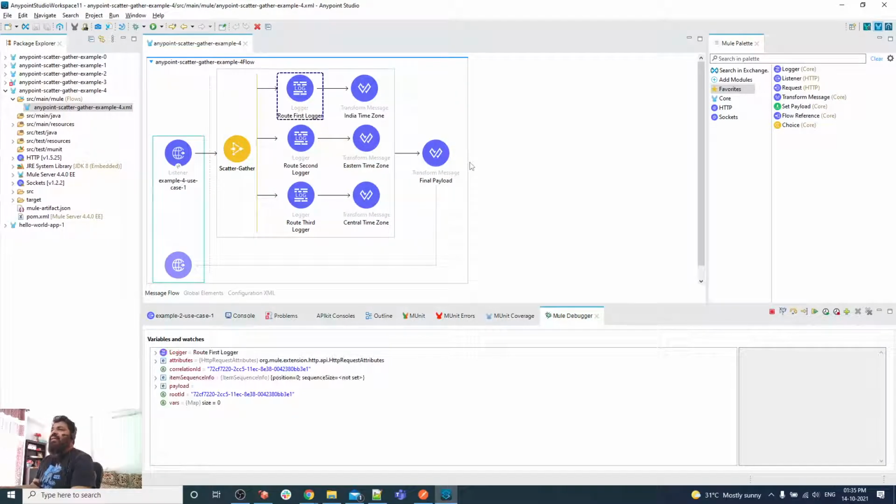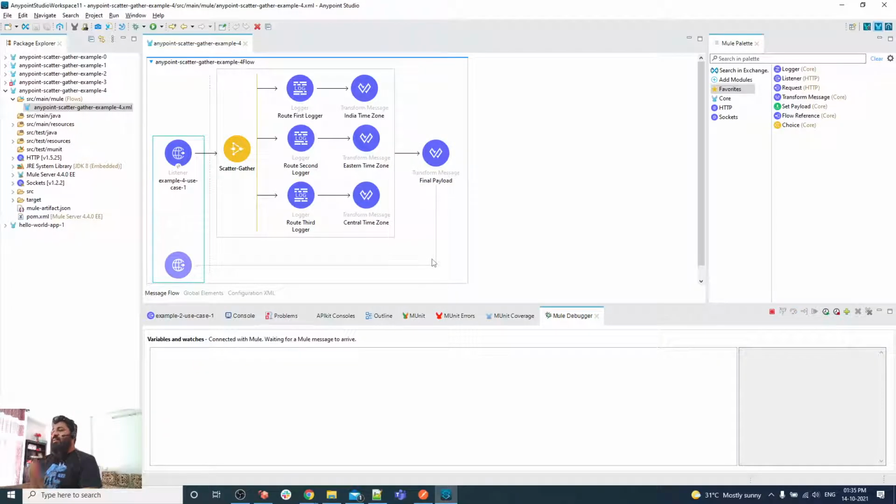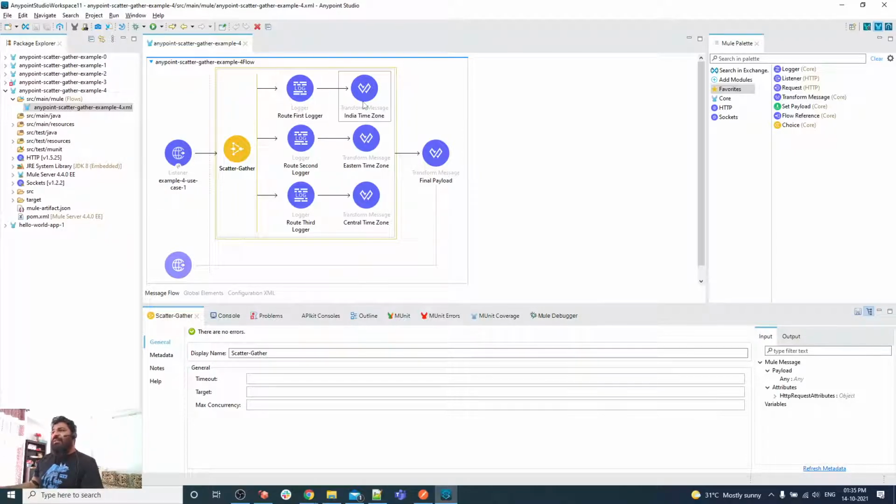I've got the debugger. When I press F6 now, my first route is started. When I press F6 next, my third route started. When I again press F6, my second route starts. So as you can see, those are running in parallel mode. I'm continuously pressing, and I'm getting a final response. But in your use case, you might have a condition that every route should execute in a sequential way. So that's how we can configure max concurrency 1. So only one thread is executing all your routes.